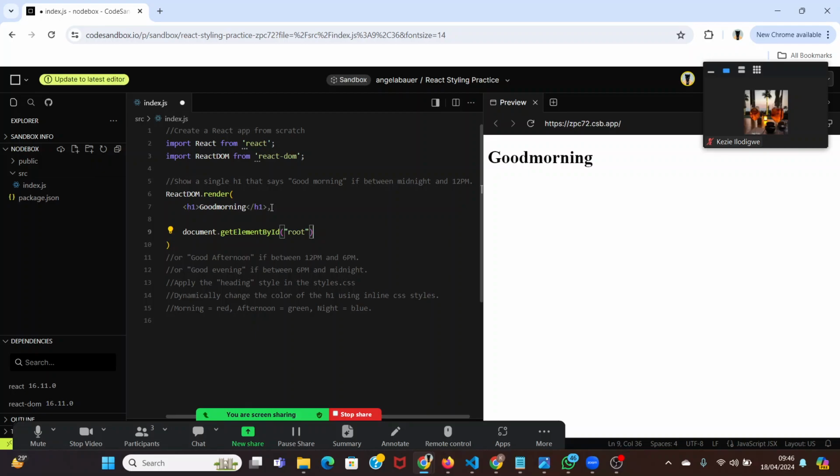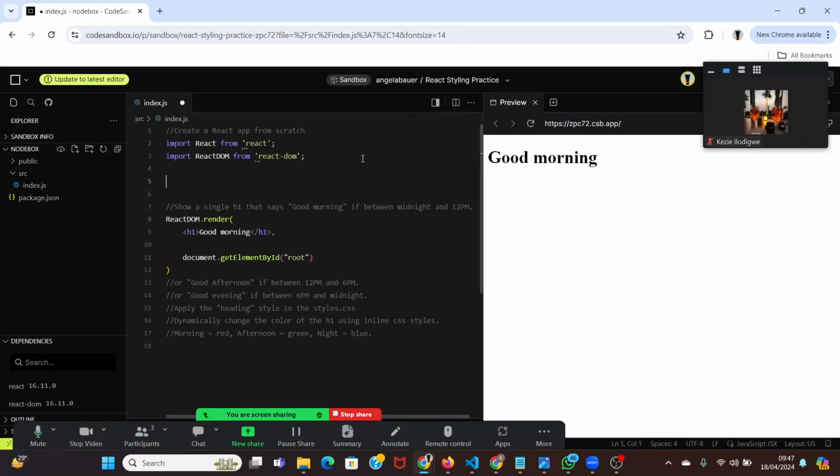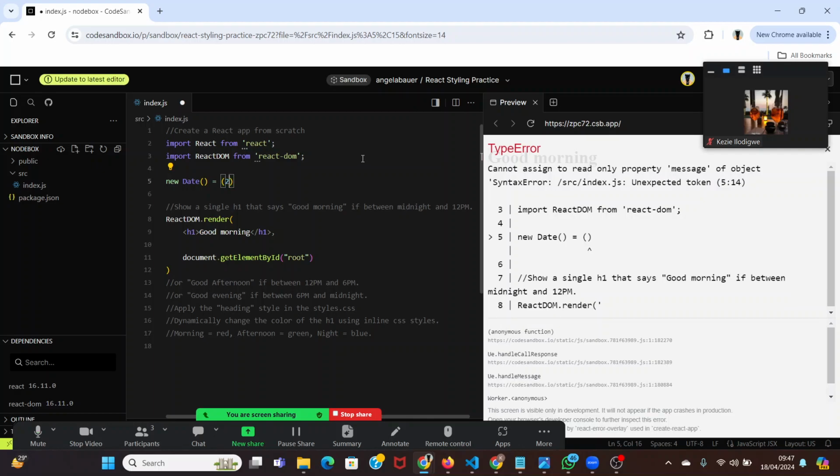Now there are a few things they want us to do, right? Things like writing an if else statement, that is, it should give a different greeting, right? And while we can solve for that, we also spoke about the new Date method. In this new Date, it displays for us data like year,